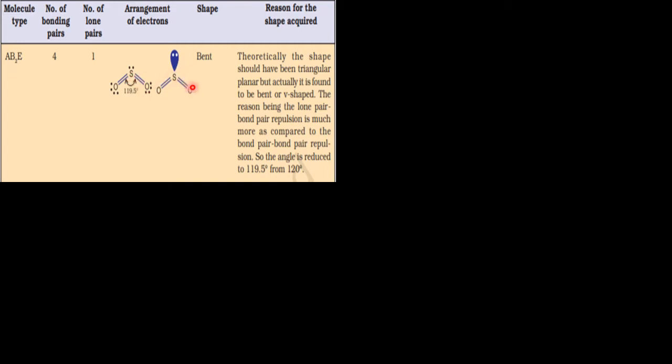That's why the angle is supposed to be 120 if you take the triangular planar, but it is not 120. The angle is seen to be 119.5, slightly less than 120. That means this is not a pure triangular planar. This is a disturbed triangular planar or bent structure. So in this way we will conclude. First we conclude one way, but after seeing the report, we can change our conclusions. So at the end we will infer whatever the report has come from the devices.